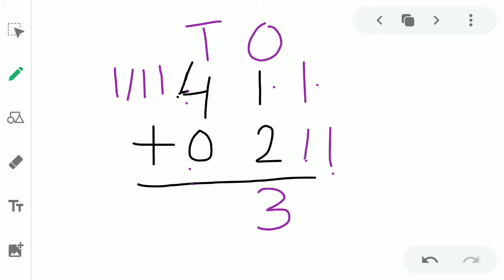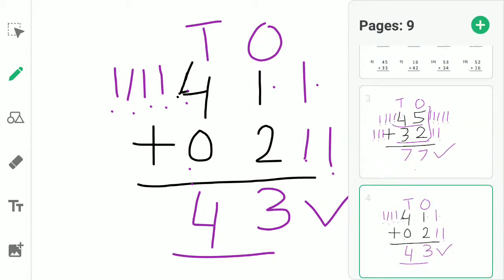So here now let us count all the lines together, because for 0 we have not drawn any. So only 4 lines are left to us. Now let us start with the counting of these lines. 1, 2, 3 and 4. So here we have got total 4 lines, and we are going to write the number 4 here. It means in total we have 4 lines at the left side and 3 lines at the right side. So we have got the number 43. It means after adding these 2-digit numbers 41 and 2, we have got the answer 43, and that is our answer.